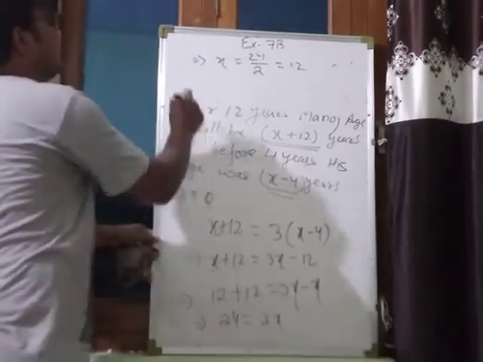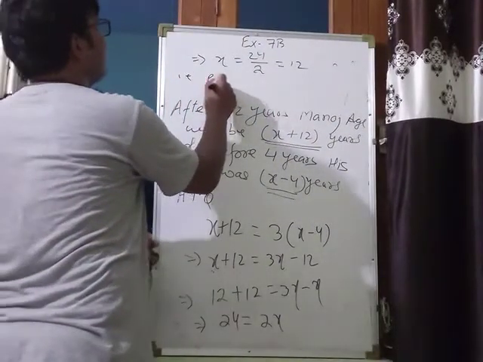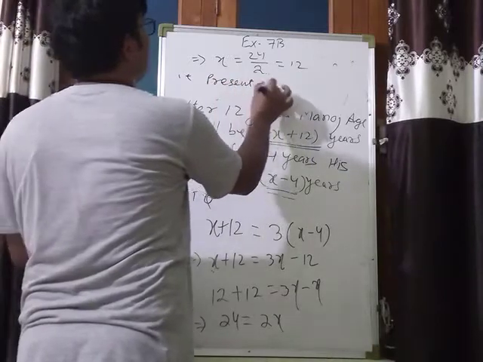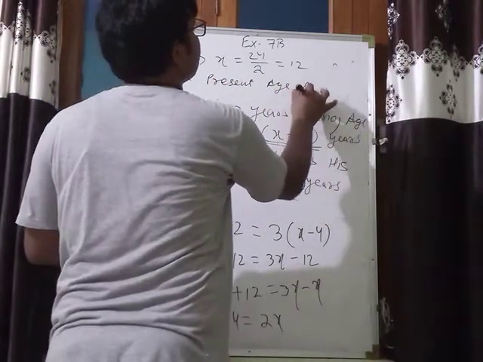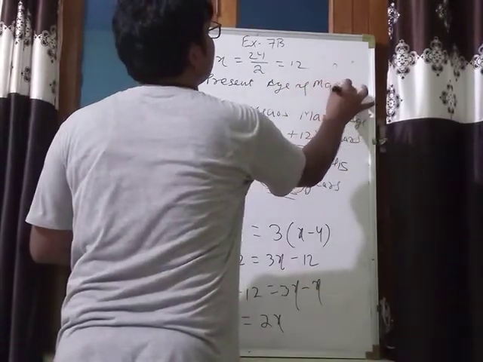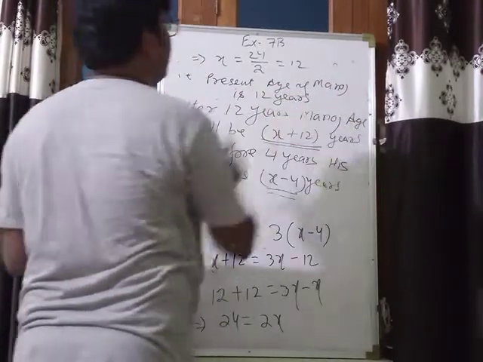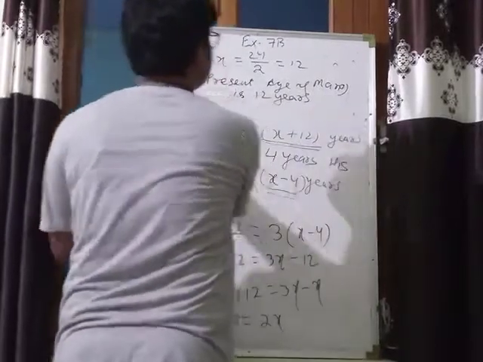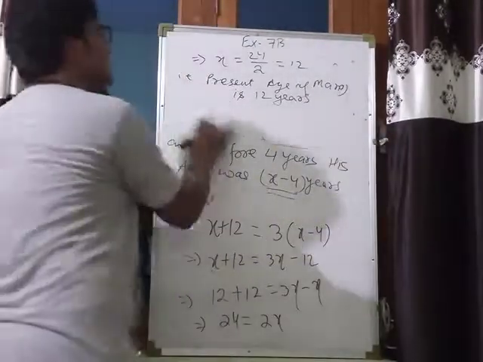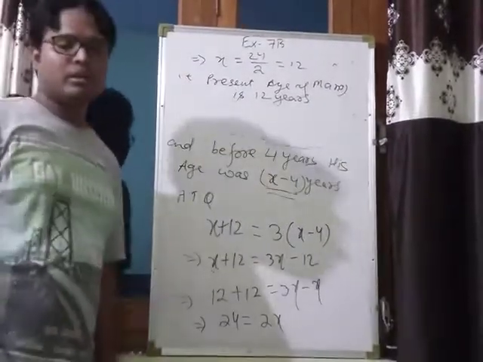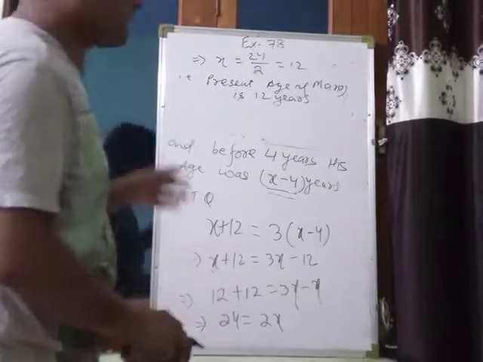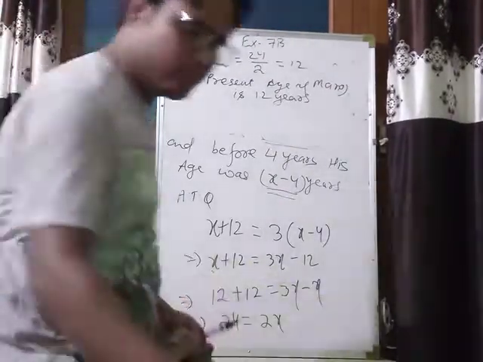Okay, the present age of Manoj is 12 years. Our answer is 12 years. Okay, now question number 22. Now read question number